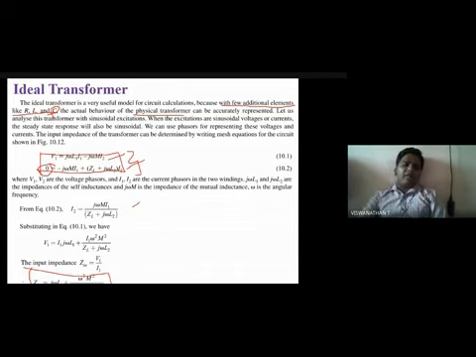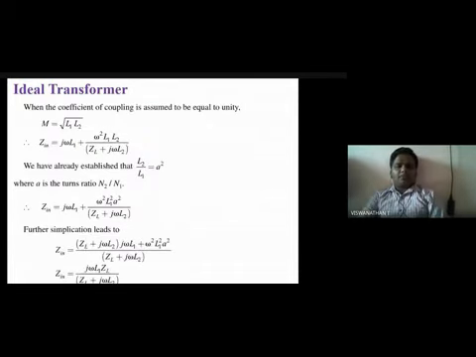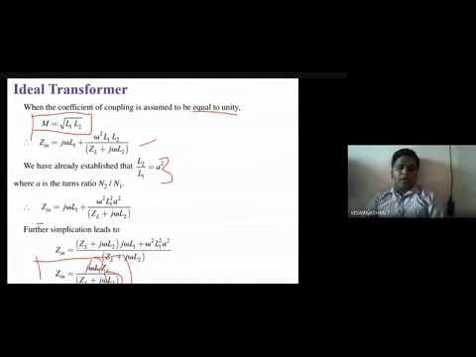Again, we already know what the coefficient of coupling is. Here we are assuming k is equal to 1. K equal to 1 means it exhibits maximum performance. We know the range of k; here we are taking k is equal to 1. So my input impedance is like this. I need to apply the turns ratio, then my input impedance is written like this. The entire equation is in terms of L1 and L2. No mutual inductance is there because our aim is to study the coupled circuit. That is our primary aim.